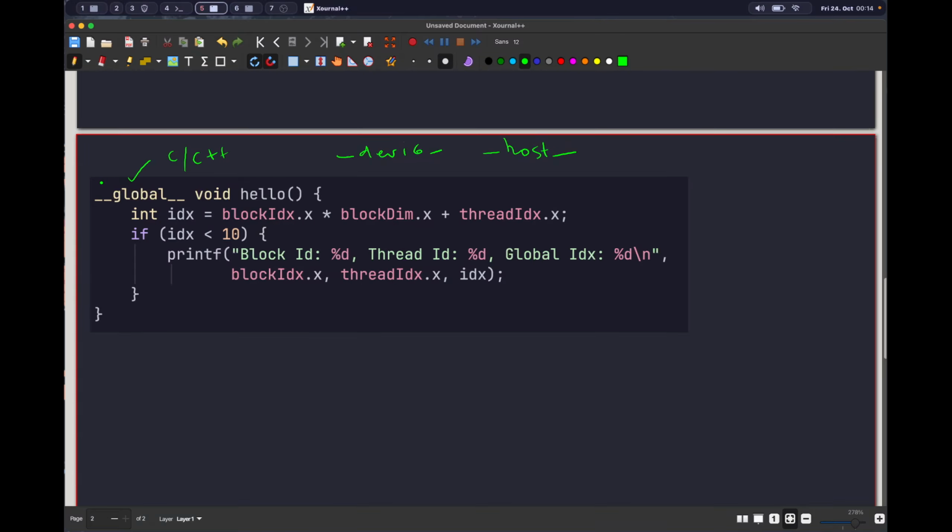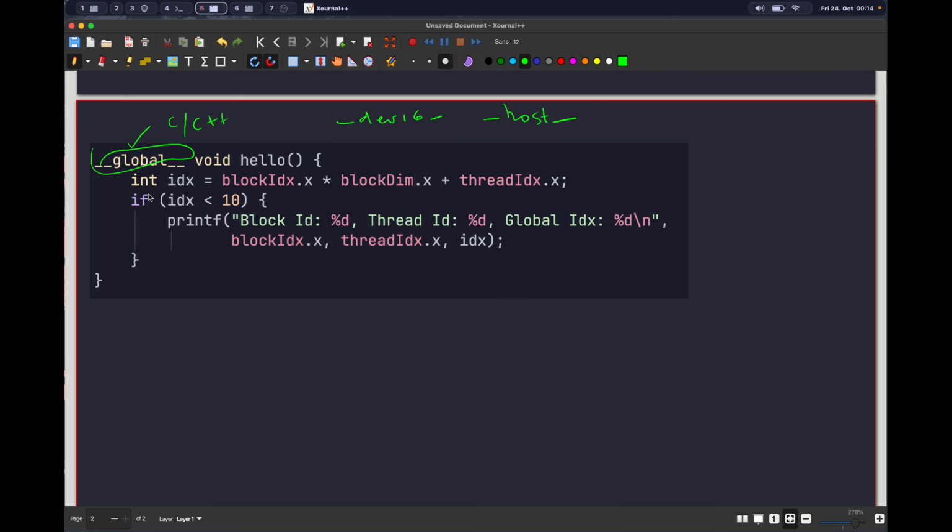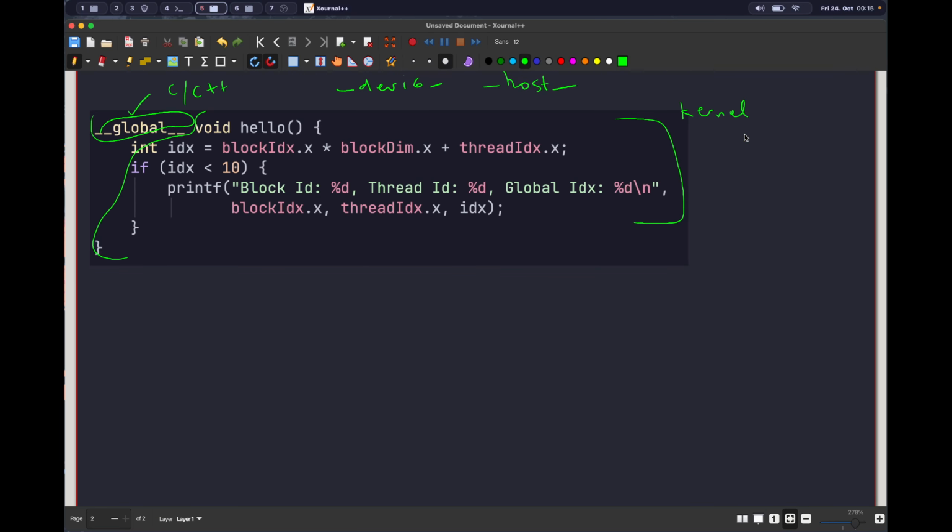Each of these keywords tells the compiler different things about this function. Now, in CUDA, a function can also be called a kernel. So this body here looks like a function, but they thought, let's name it something fancy, and they called it a kernel. This is just a very basic function, but we are appending a global keyword which tells the compiler, NVCC in this case, that it is the